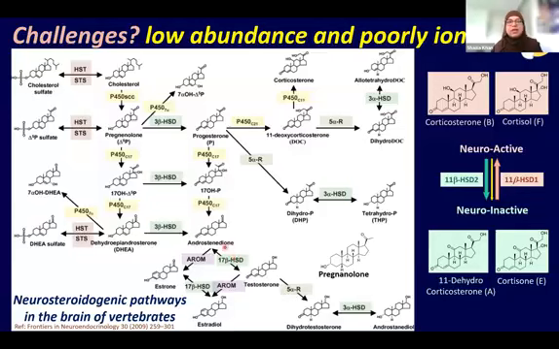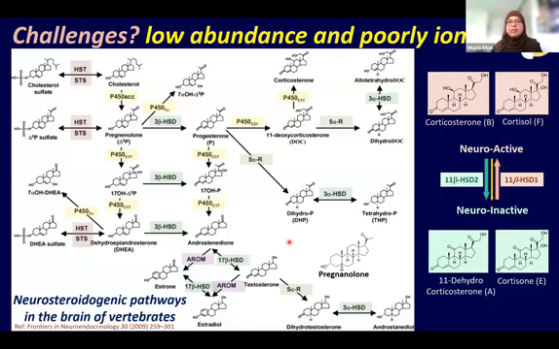In addition, they are present at very low concentration in our tissues, and also affected by ion suppression from endogenous lipids, proteins, and molecules, which makes their detection quite challenging, especially in a biological matrix such